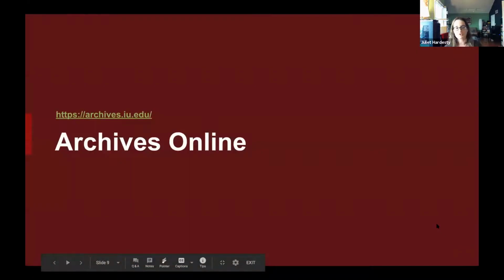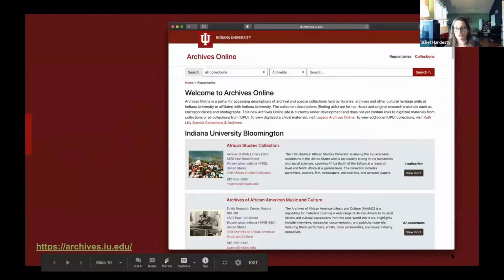So here are some screenshots of the basic parts of our ArcLight implementation. And so some of the things that you saw that Duke modified, you will see that we are still currently using. Our homepage, as I said, is the ArcLight repositories page, and we've added some introductory content above the repository listing.